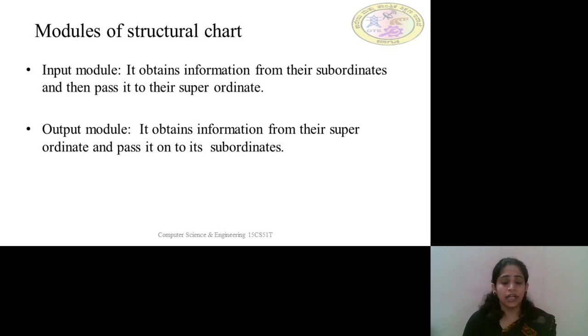Output module. It obtains information from the superordinate, that is a base class we can say, and passes the information to all the subclasses or the subordinates.